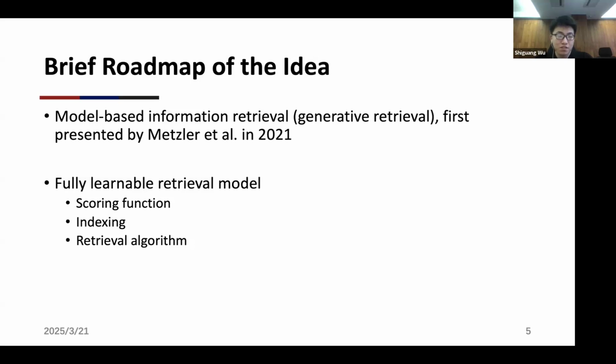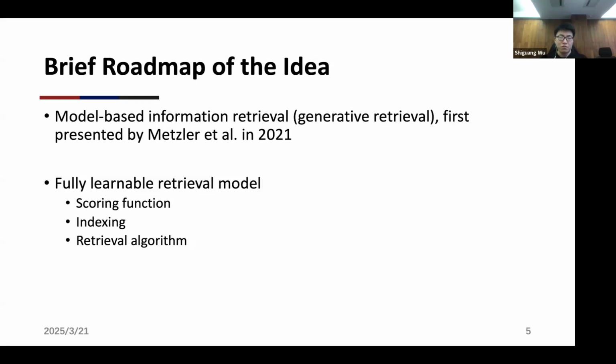is the model-based information retrieval, or later it is called the generative retrieval model. It was first presented by Metzler in 2021 and was published in the forum as a blueprint. Like, they are thinking about, so we have a lot of manually designed indexing or retrieval algorithms. These are highly manually designed in a very clever way. So